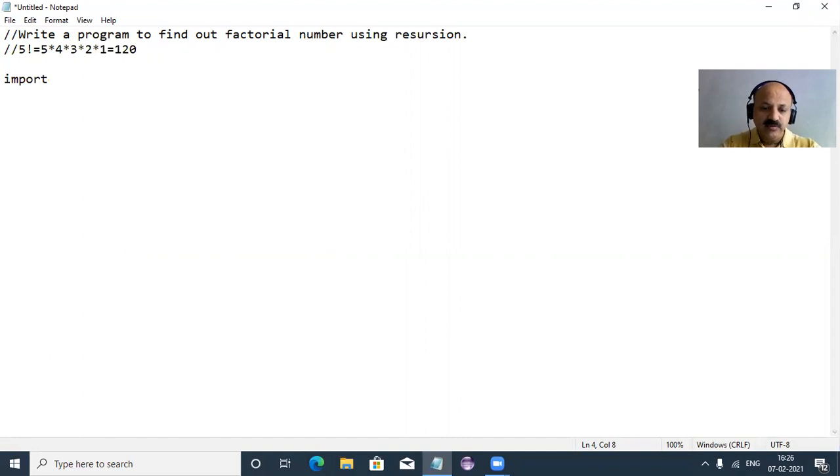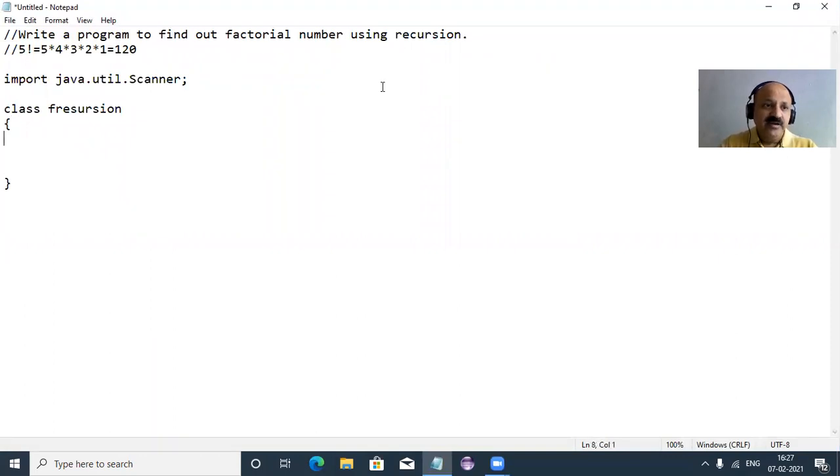First, I import the java.util utility package, and we can use the Scanner class so we can scan an integer value from the user. And now our class, that we can name like fact recursion. Here I correct the spelling: recursion. So now our class name, f for fact and recursion, FRecursion. So we can use it as a recursion technique.